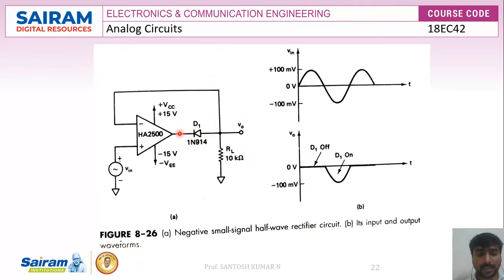But you can observe that this particular voltage increases in the positive direction until it reaches positive saturation. During a negative half cycle, here we get a negative going signal. This negative going signal will automatically forward bias diode D1, because negative is applied to the cathode of diode D1. So it acts as a closed switch.